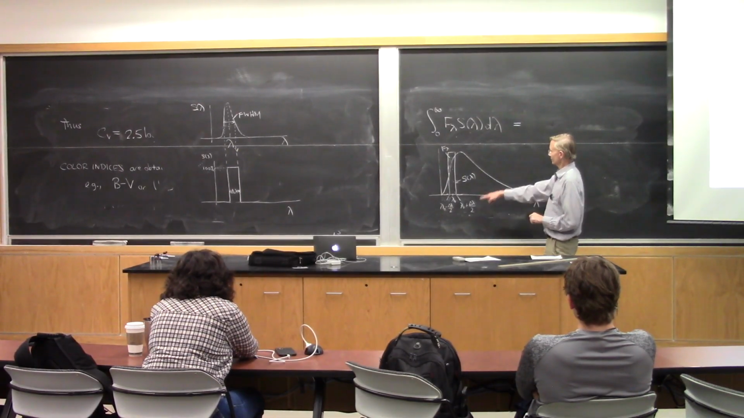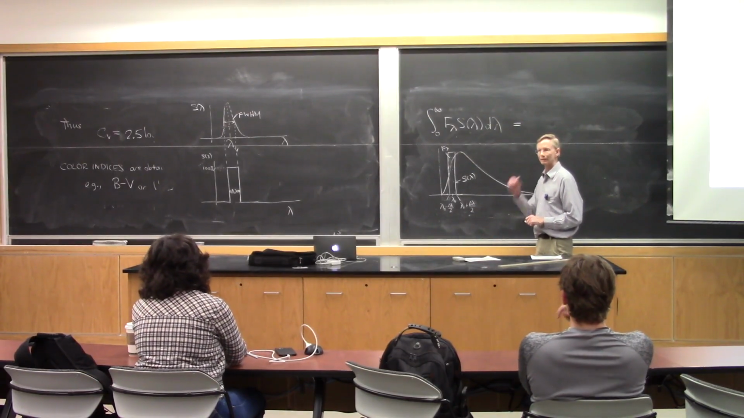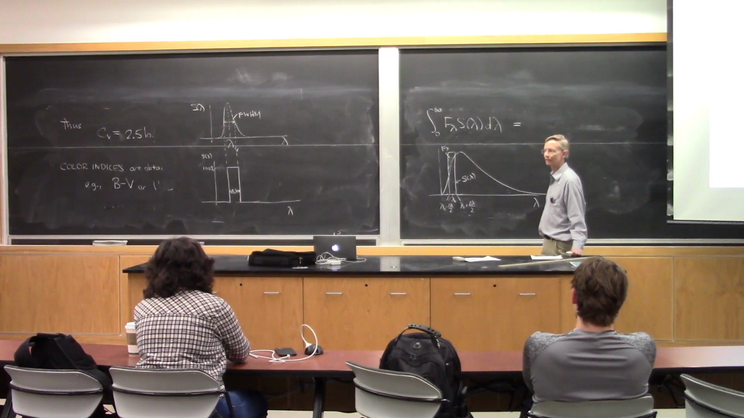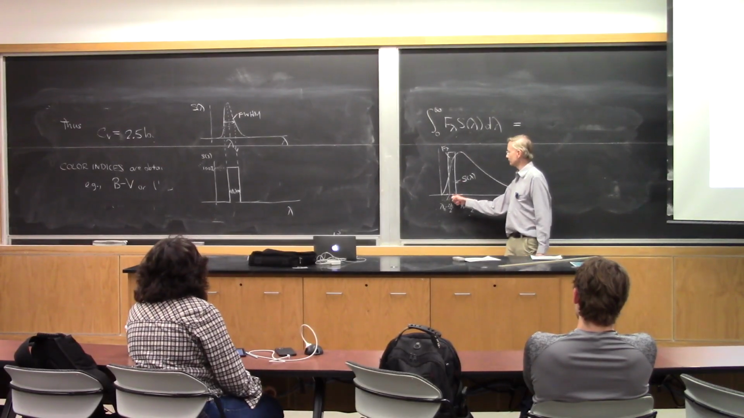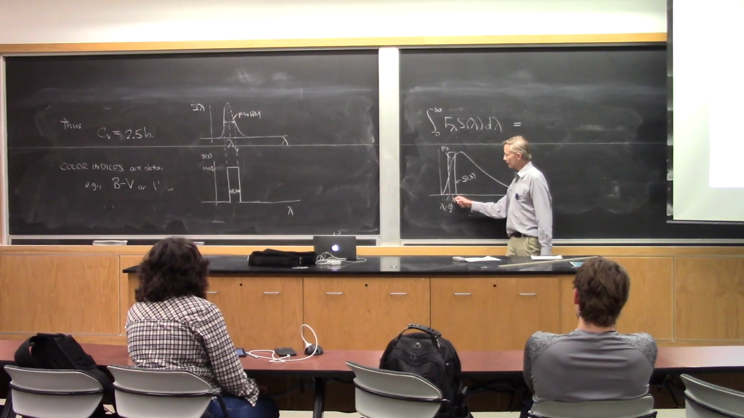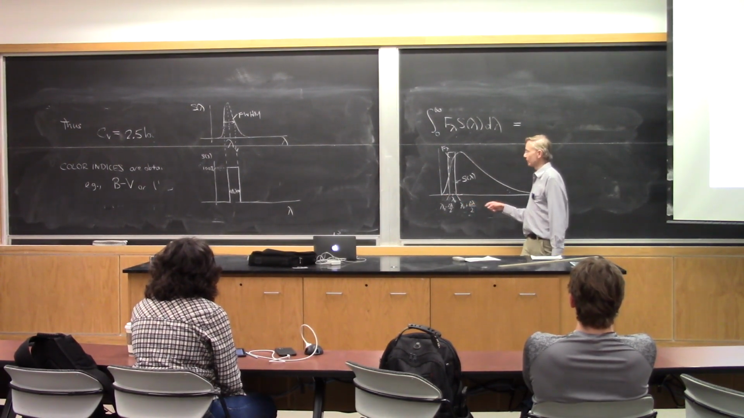What could I do to approximate this integral? Double the lambda naught? No, I wouldn't double the lambda naught, because this is just some value, and then here's that value minus some range, that value plus some range. But I'm just saying,